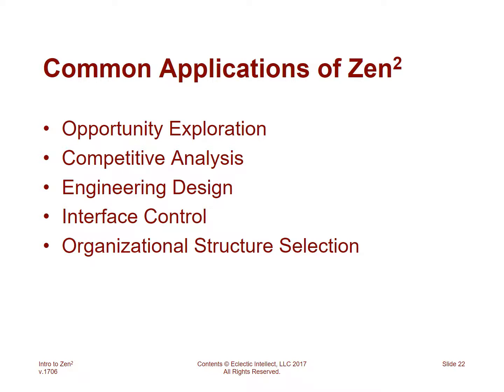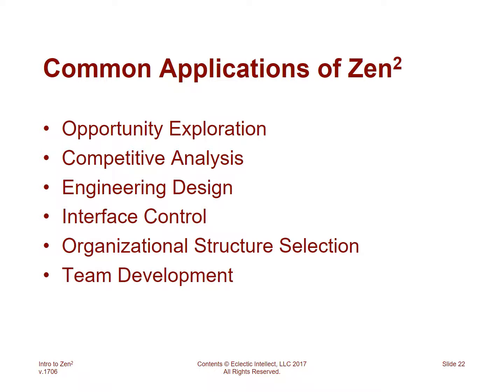Organizational structures are also elements and interactions. I've been very pleased with how effective it is to apply Zen-squared to the design of an organization, so that the accumulated history of boundaries between business units or organizations or staff can be examined and see if they make sense given the reality of the work. And it's very often the case that it's possible to tune up those boundaries and align things a little bit more clearly once they're completely visible as a system than has ever happened in the history of the company up to that point.